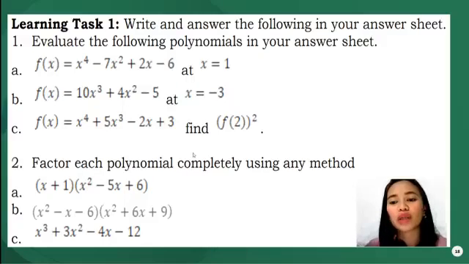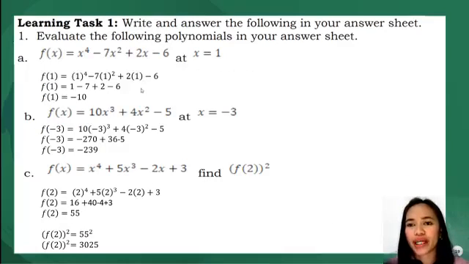Factor each polynomial completely using any method. So you can use factoring, as well as synthetic division. Okay, let's have number 1. F of 1 is equal to 1 to the 4th minus 7 times 1 squared plus 2 times 1 minus 6. If we evaluate, this will be 1 minus 7 plus 2 minus 6, which will give you